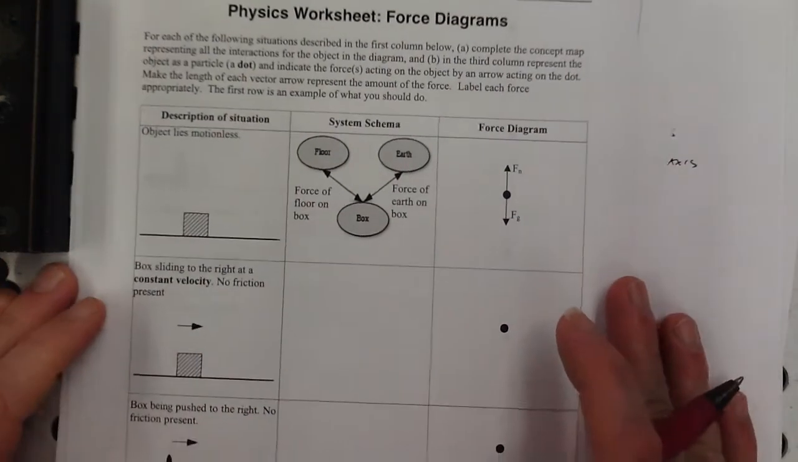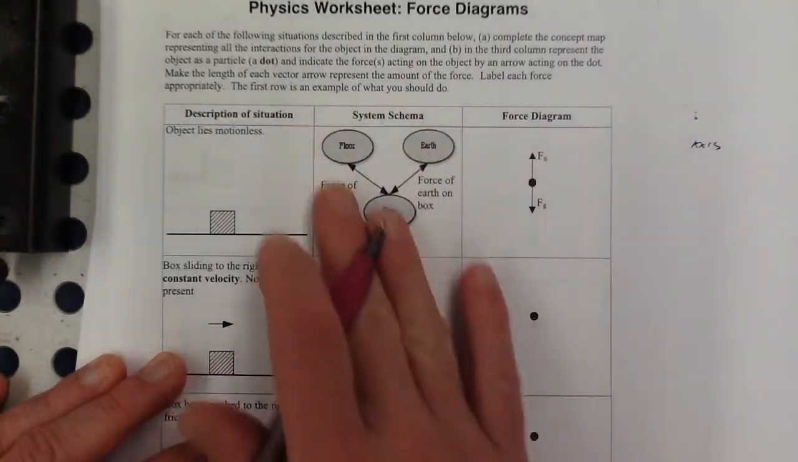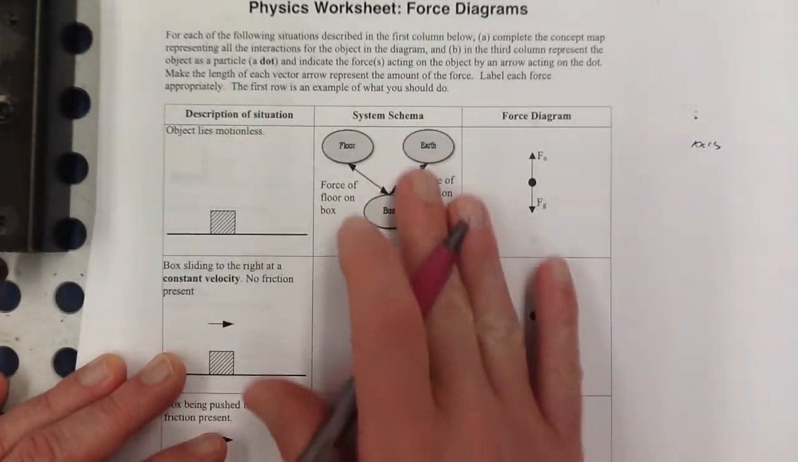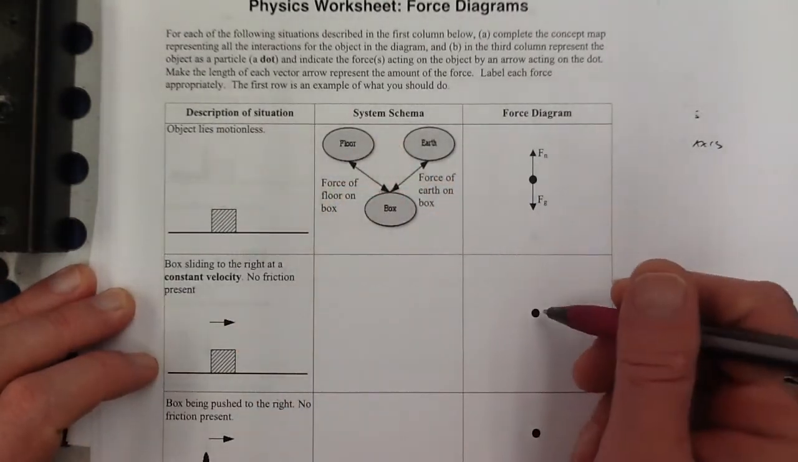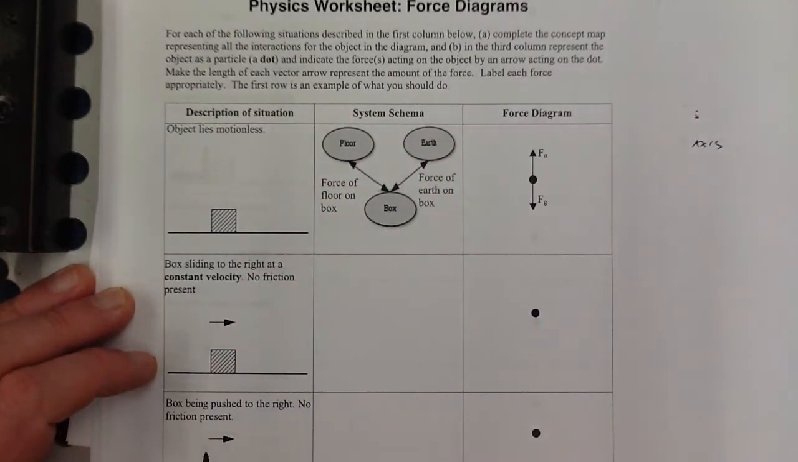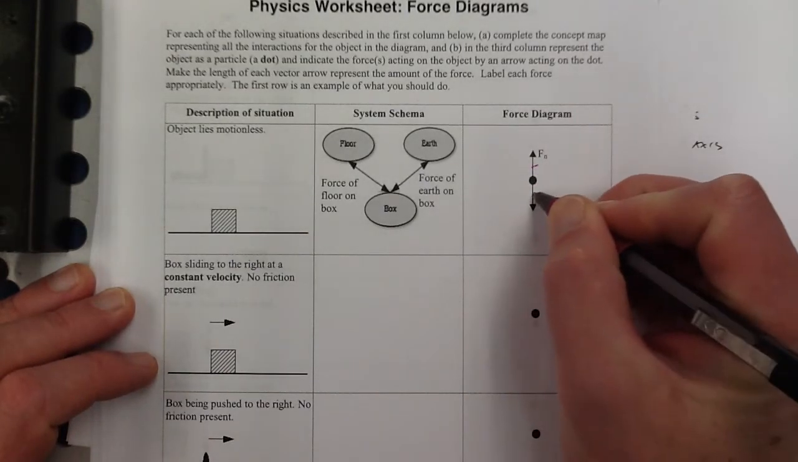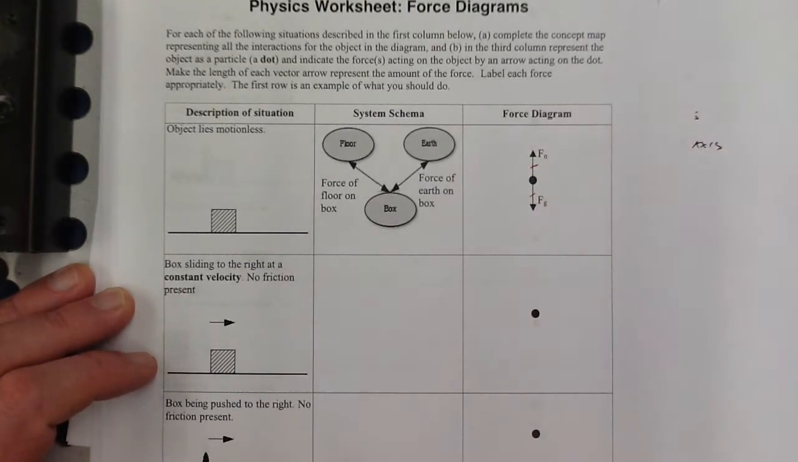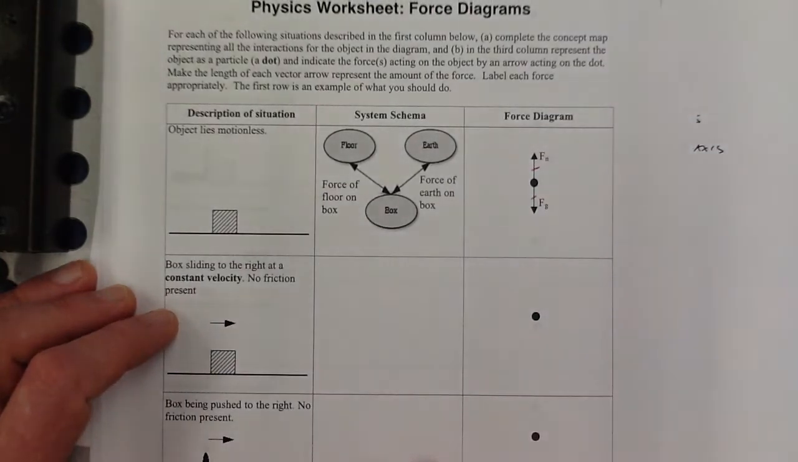I'm going to make some force diagrams here. So this little system schema thing, we are not going to do that. I'm just going to focus on the force diagrams over here. So this is a typical kind of situation here. I might add those little lines to show that those are equal. Object motionless right there. We use these little subscripts to indicate the nature of the force that we are indicating